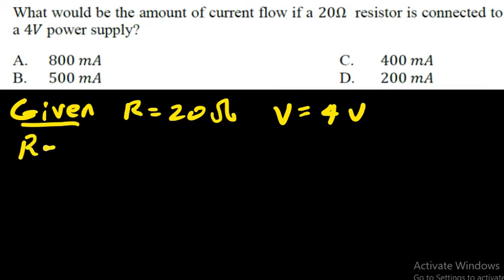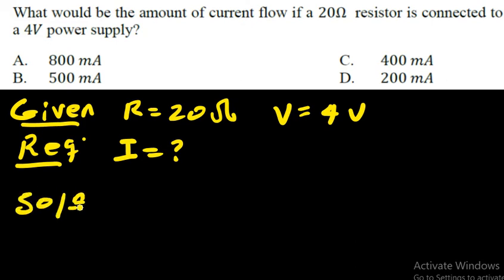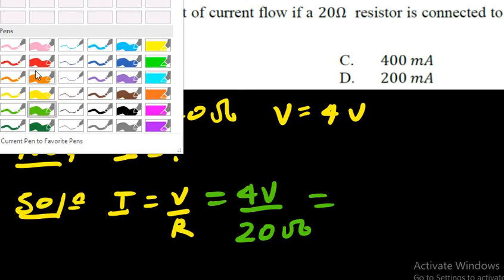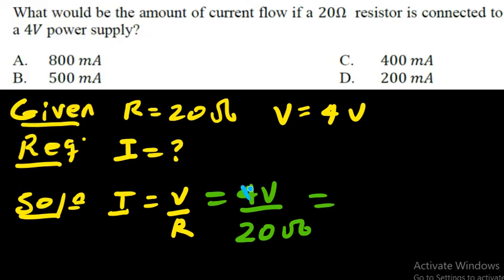And then what is required? The required one is the current. Current will be represented by I. So when you go to the solution, remember the formula: current is equal to V over R. That's the formula. So what is V? It's 4 volt over, what about the resistor? It is going to be 20 ohm. So which is equal to, we can simplify here. When you simplify by 4, 1, this by 4, 5. 1 by 5 is the same as 0.2